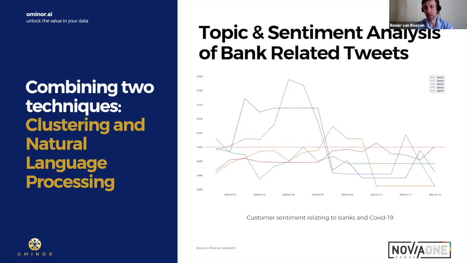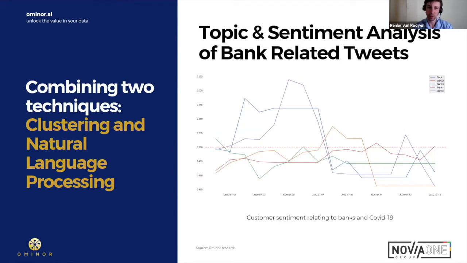One of those topics was COVID-19, and I essentially used a topic modeling system to look at all of the tweets going on, determine what the groupings within these tweets are, and then I pulled the COVID grouping from there and ran a sentiment analysis algorithm on that. What you can see here is an idea of how it looks across these 5 banks, whose colors are randomized and are not necessarily the banks that you think they are. How has it been going in terms of the sentiment about COVID over the last few weeks?